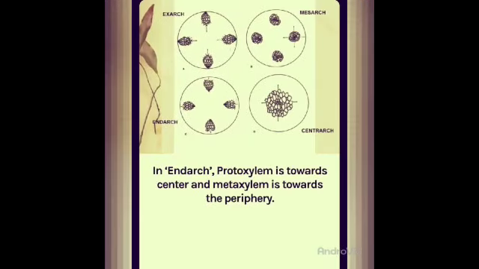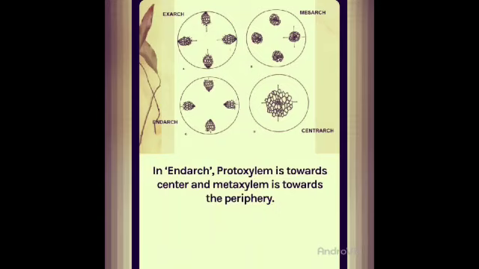In the endarch condition, the protoxylem is towards the center and the metaxylem is towards the periphery. So here you can see the first condition is exarch, the second is endarch, and the third is mesarch,